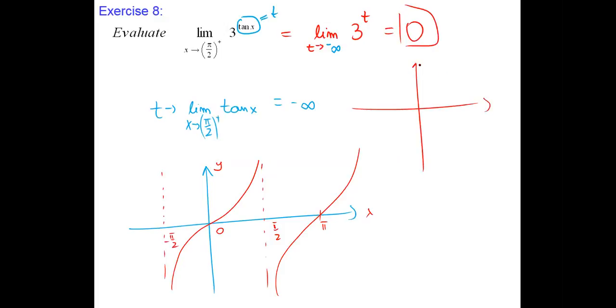I can quickly draw it. That's 1, that's 3 to the power of t, and this is my 0. But we always have to be confident with the trigonometric functions, sine, cosine, and tangent. And I think you can find the reference on the reference page in the textbook or the appendix. You can find this information if you don't remember, but I'm assuming that you do remember. Okay,